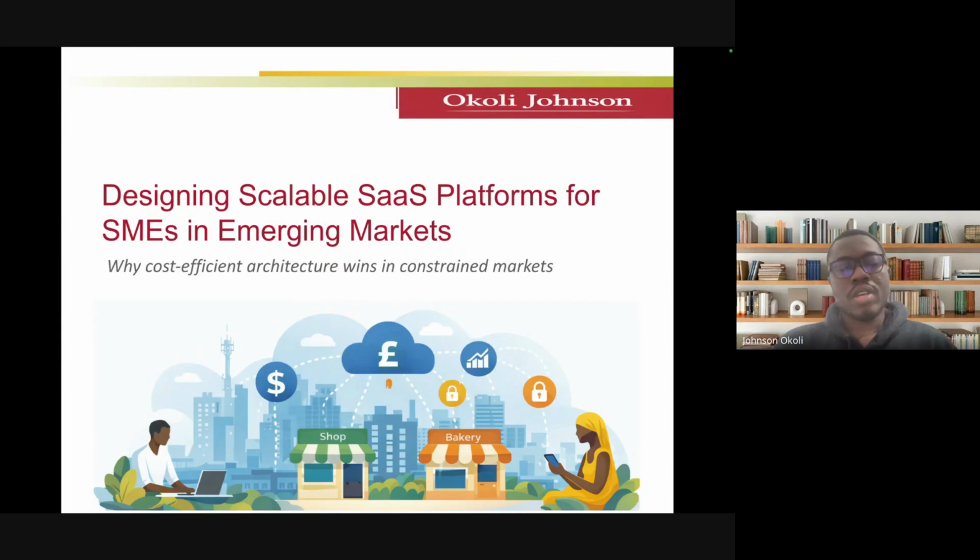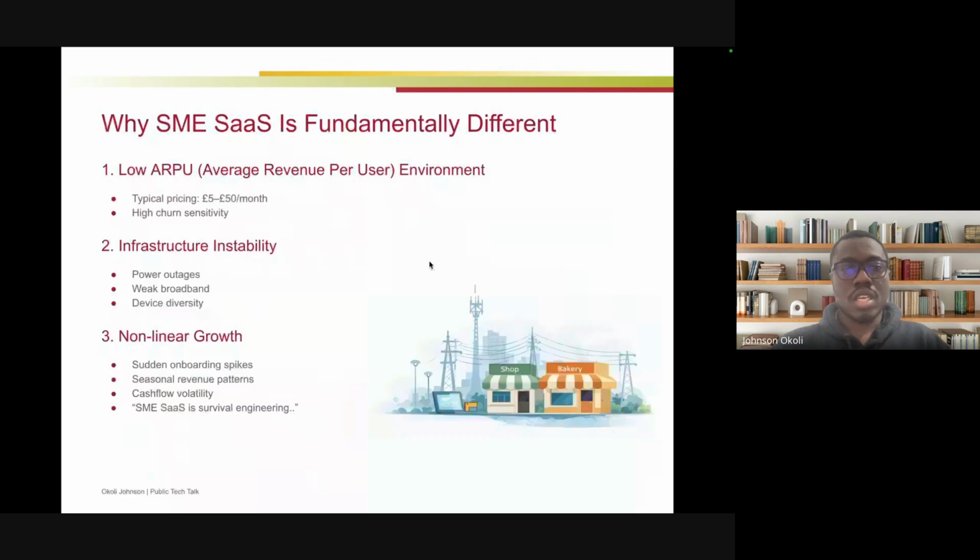Yeah, so we are looking at designing scalable SaaS platforms for SMEs in emerging markets. Why does cost-efficient architecture win in constrained markets? So why is SME SaaS fundamentally different? SME SaaS is not just a small SaaS, it's more like a SaaS that actually operates within a different physics